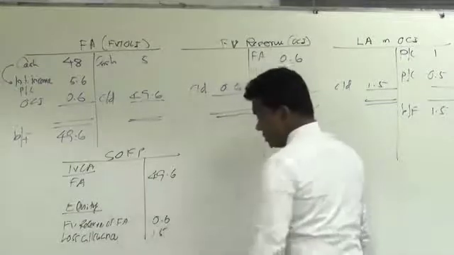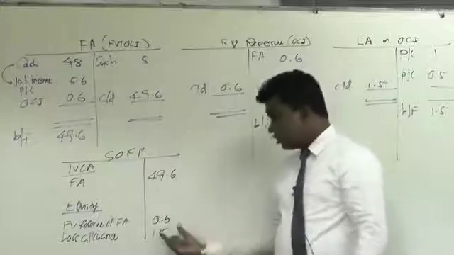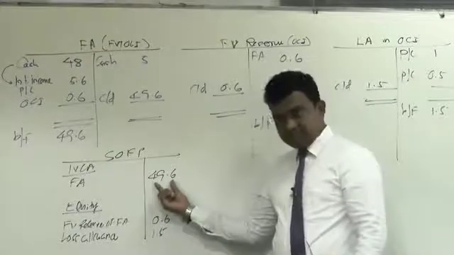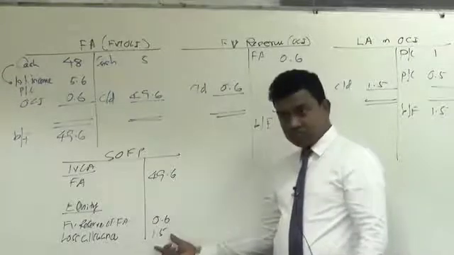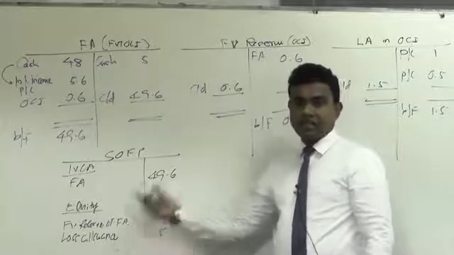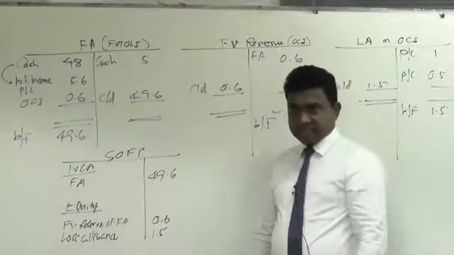1.5. Now see the difference. If this is an amortized cost financial asset, you will reduce this loss allowance from the asset, but here you are not going to reduce it. You will recognize loss allowance separately under the equity, since it is credited into the OCI. Is that clear? That's the main difference.